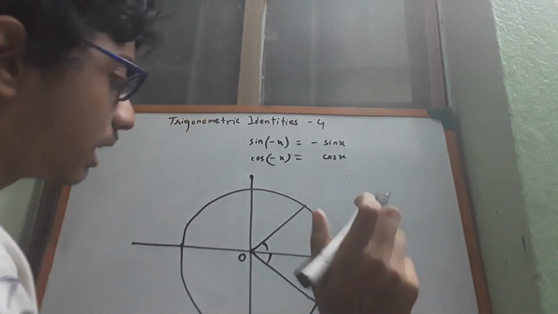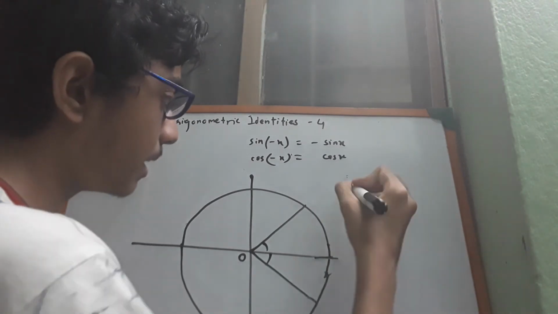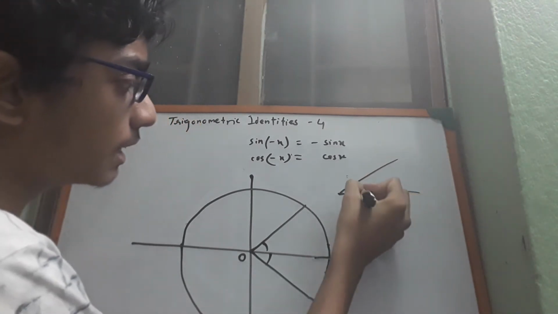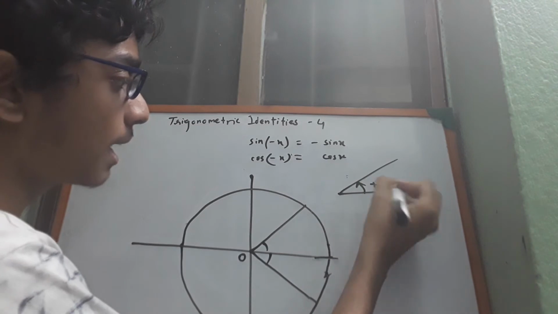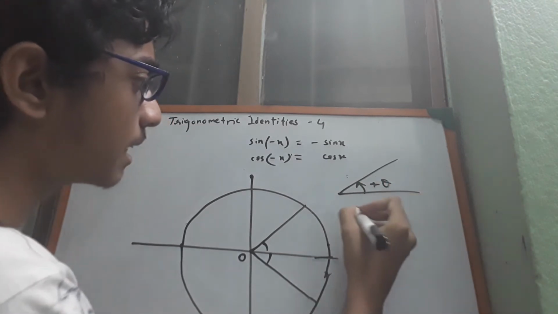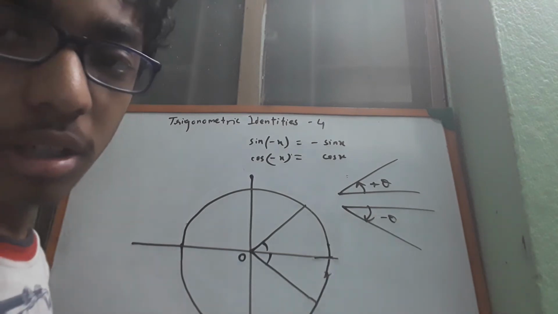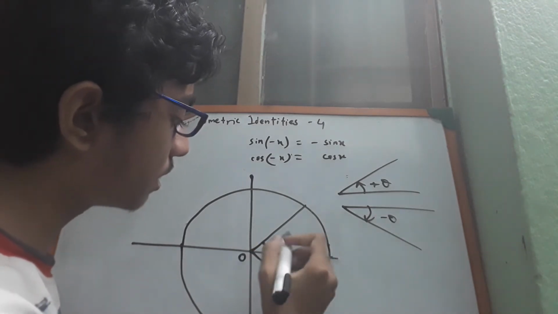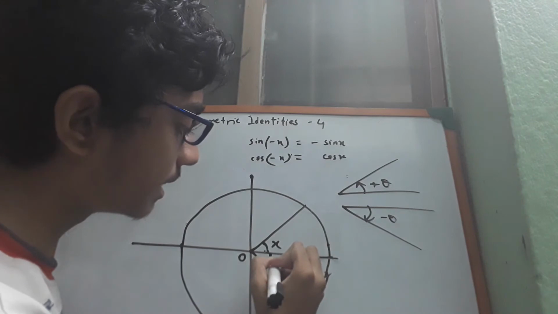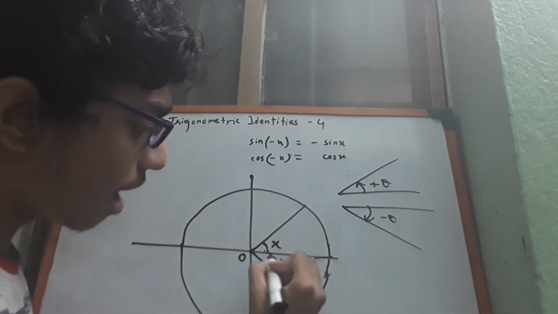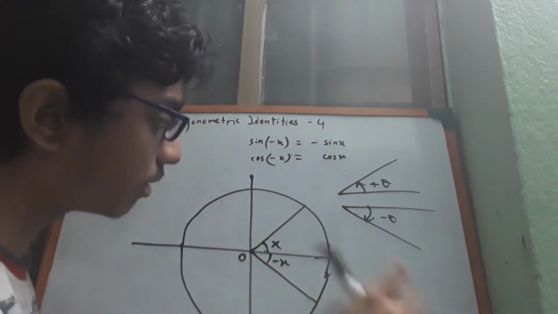Now one more thing that you should be knowing, that's the main thing after all. If I measure this angle in the upward direction like this, then this is called plus, so the angle magnitude is theta, so this is called plus theta. But the same angle, if I measure it in the downward direction, this is negative theta, right? So say here, if I assume this angle to be theta or say x, then this will be negative x. Obvious. I mean, this angle here will be negative x and this angle here will just be x.